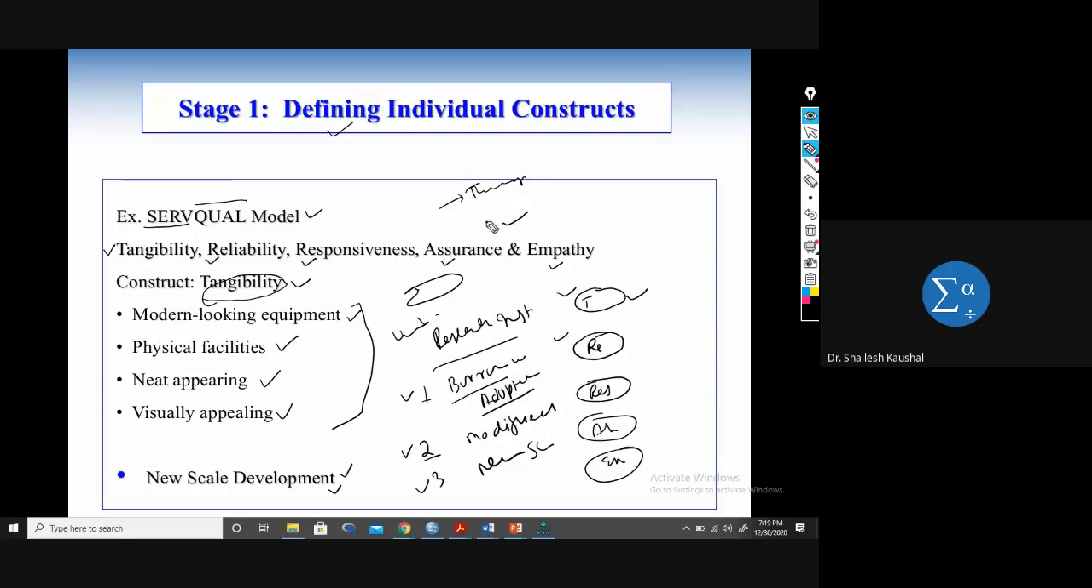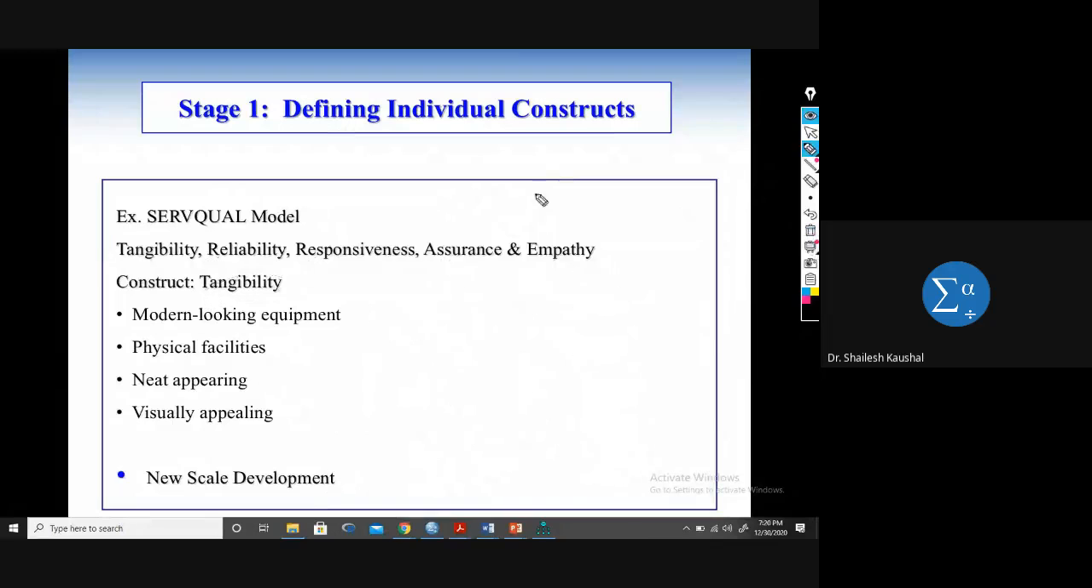Whatever phenomena you want to measure, you should find the theory, and on the basis of theory you should download the research paper, and then finally you can apply the structural equation modeling. Second, the individual construct, and then